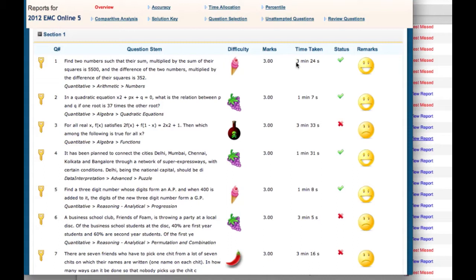What is the time taken by you on this question? So on this question, an easy level question, the person took 3 minutes and 24 seconds and he got it right. Let's go back to CAT, 70 minutes, 30 questions. What is the average time per question? So if you divide it, it is 2 minutes and 20 seconds per question. So this will give you what? This is more time taken comparatively to the average, but still it is fine.